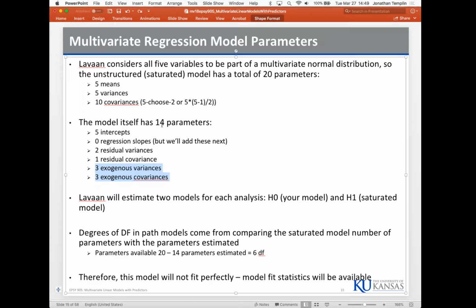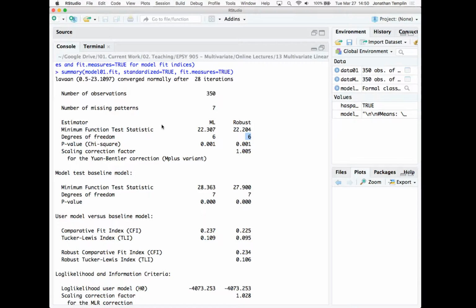So our model has 14 parameters in total. So saturated has 20, our model has 14. Remember the discussion we had when we got to maximum likelihood and I talked about nested models? The cool thing about path analysis and multivariate regression is that every one of our models is nested within the saturated model. So this set of statistics that we see first here is the likelihood ratio test